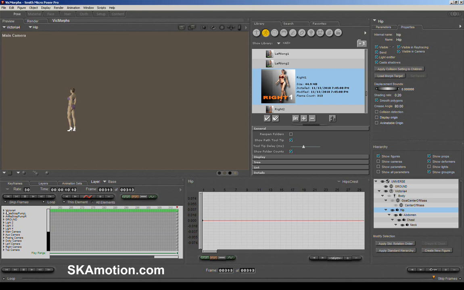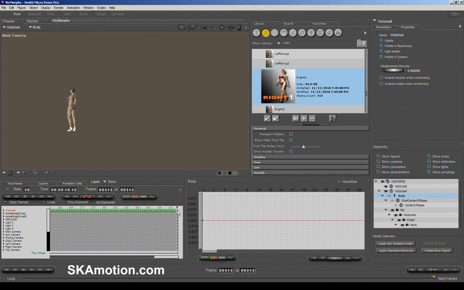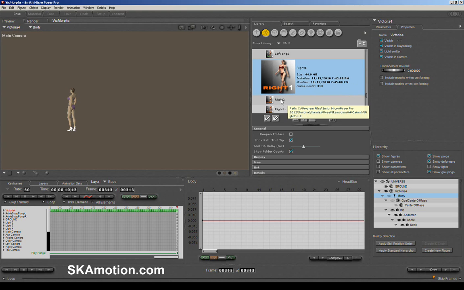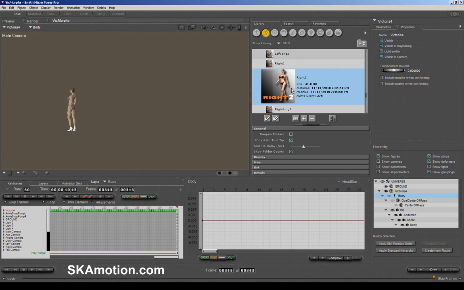Then what we do is we're going to select the B part of that animation. Make sure that I've got her selected, and with the Victoria 4 in the animation palette, I'm just going to select the very last frame, make sure that I'm on that, and you'll see that by selecting the very last frame in this animation palette, it highlights that cell white, has a little white border around it. And then I'm just going to load in the B part, or the number 2, and in this case it's right 2, and just double click on that.